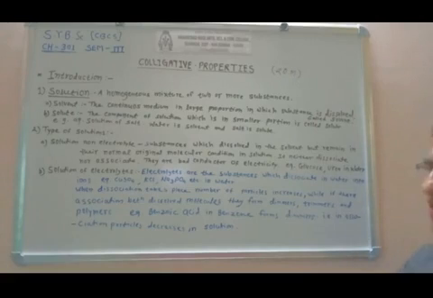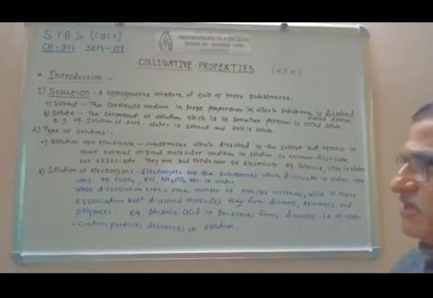Here association also takes place when dissolved molecules combine to form double or triple molecules. These are called dimers, trimers or many polymers. For example, when benzoic acid is dissolved in benzene, it forms dimers. That is association of particles. When association takes place, the number of particles in the solution decreases. In this way the solutions of electrolytes are present.